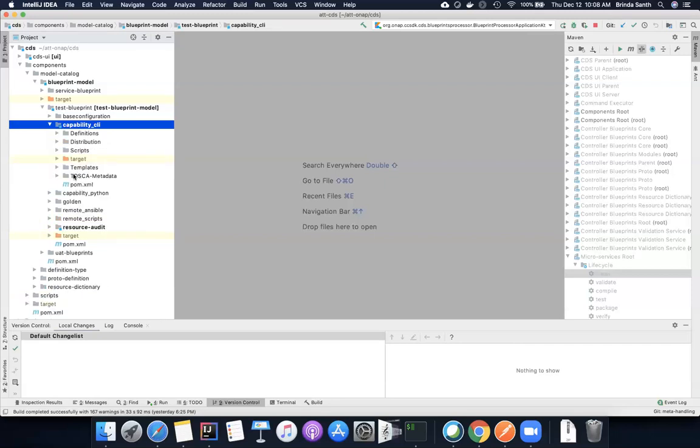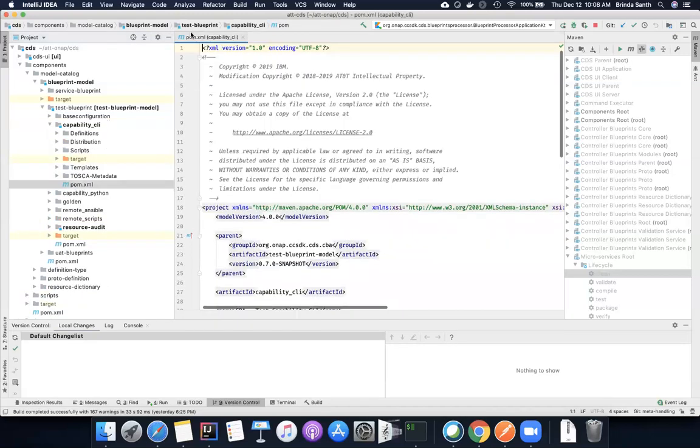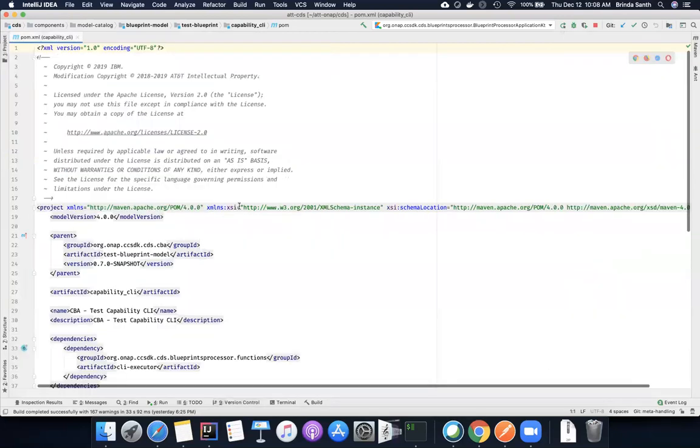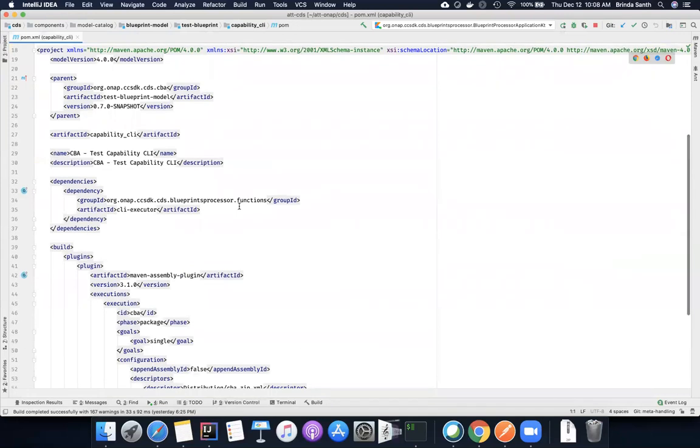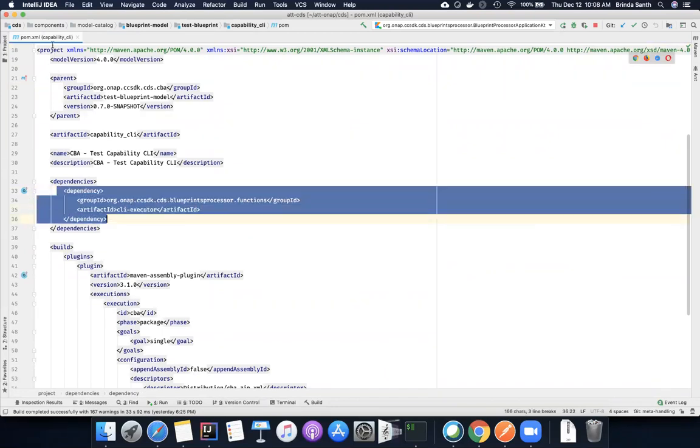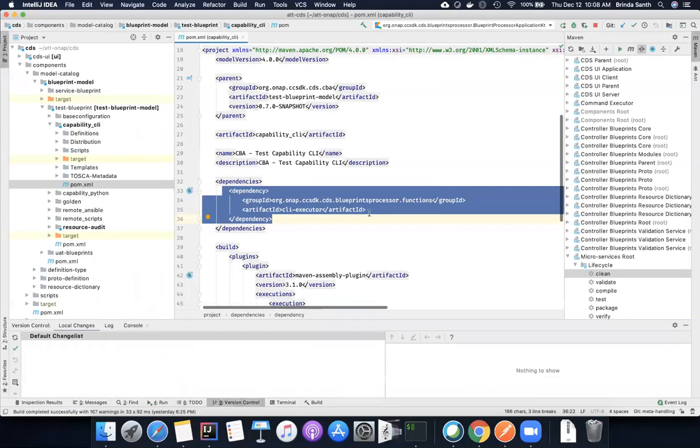And here I have attached that one POM, right? So think about it like for a CLI capability, I am going to work on a particular capability and I only need a CLI capability. I'm trying to manage only the CLI executor, not all the functions. So in that way you can manage the functions. You don't want to include all the functions for a particular CBA file. Only certain functions, whatever capability you need, you can define that